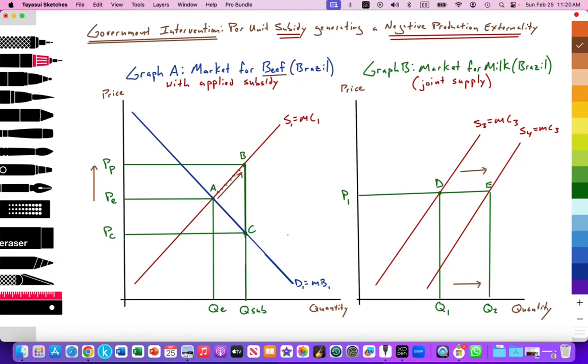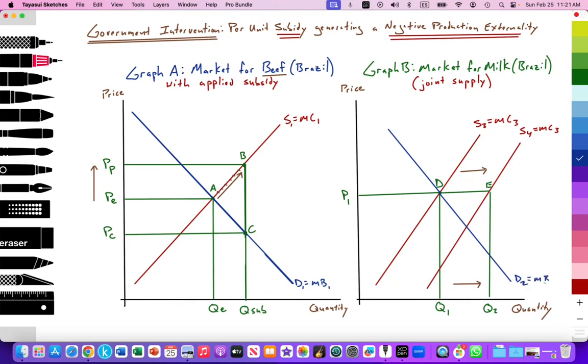in Brazil. If I was to put a demand curve in here, I could assume that the price of milk would fall. The excess supply would put downward pressure on milk prices, and the price would eventually fall. So I would assume that to take place, right? Let's see, from our original demand curve, we'll put that in here. And we can see with the demand being placed in, let's say this is D2 equal to marginal benefit 2. The excess supply puts downward pressure on price, and we would expect in the long run the price of